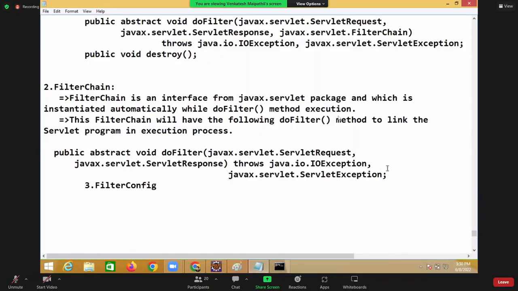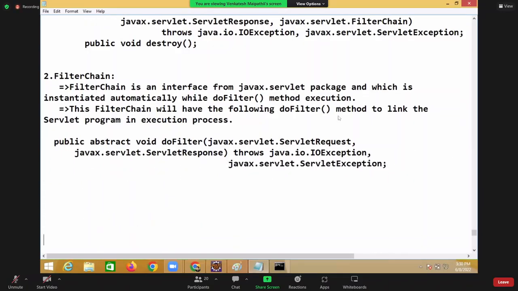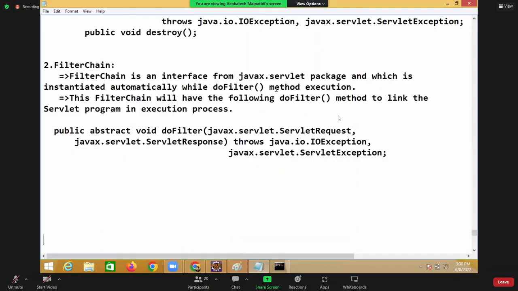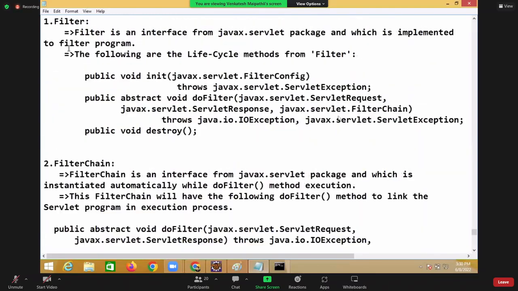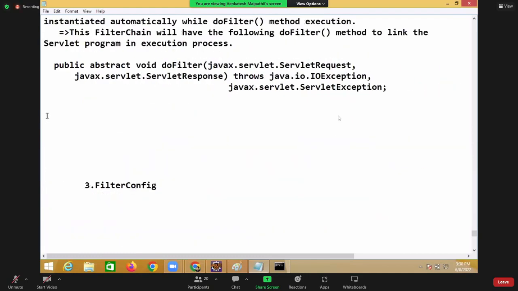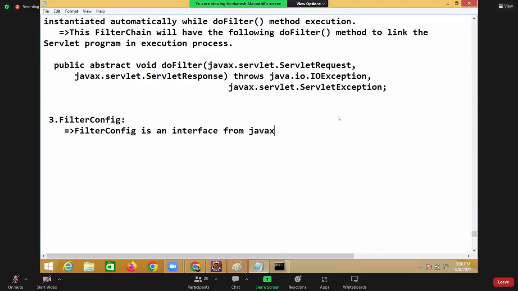The method. It is a FilterChain. And the last one we had is FilterConfig. FilterConfig is an interface from the javax.servlet package, and which is